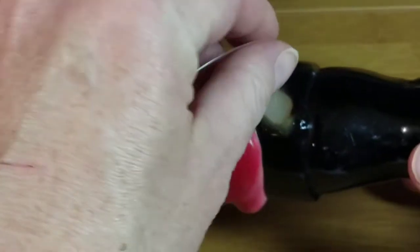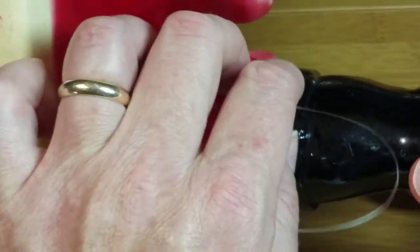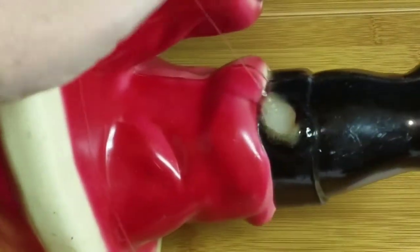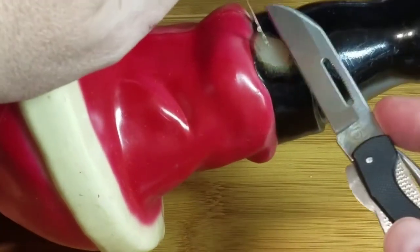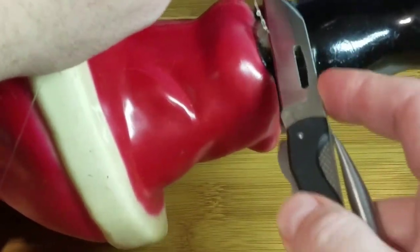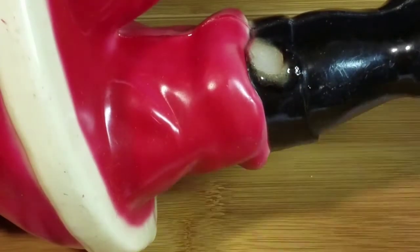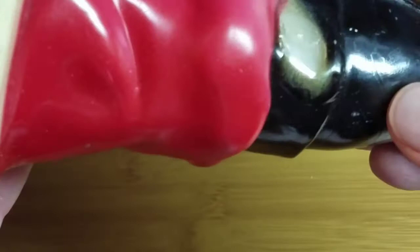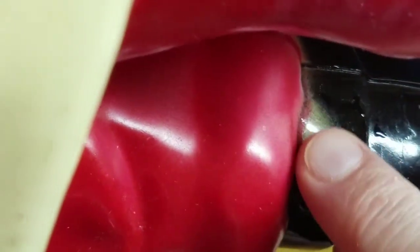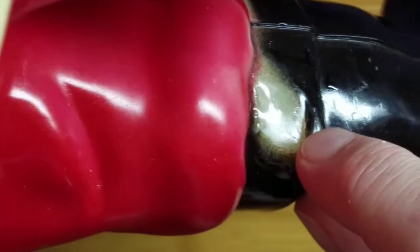Alright, it's about a half hour later and it's mostly dry, a little bit tacky, but definitely strong here. So I'm going to attempt to cut the fishing string off at the base here. Alright, so let's take a look. You can see that I've still got a little bit of a gap here, but for the most part it's starting to fill in